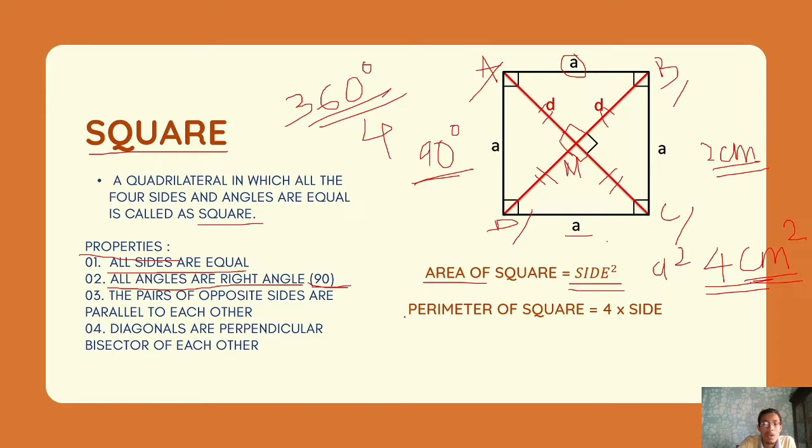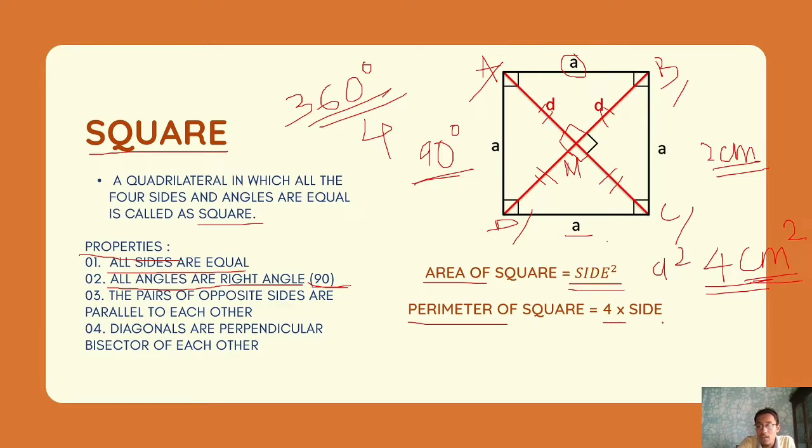Okay, now another formula, that is perimeter of a square. So what is perimeter? It is the sum of all the dimensions or all the lengths of a square. So this is the measurement of all the sides of the square: side DC, side CB, side AB and side AD. The addition of all these four sides' dimensions will give you the perimeter of a square.